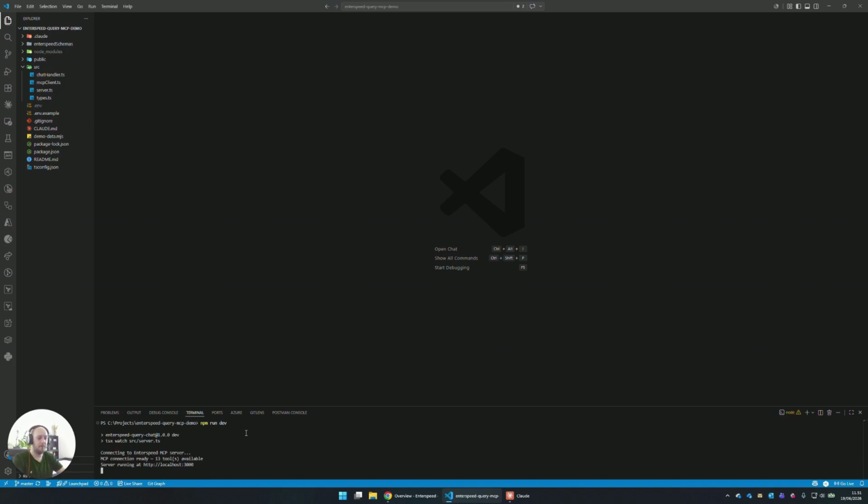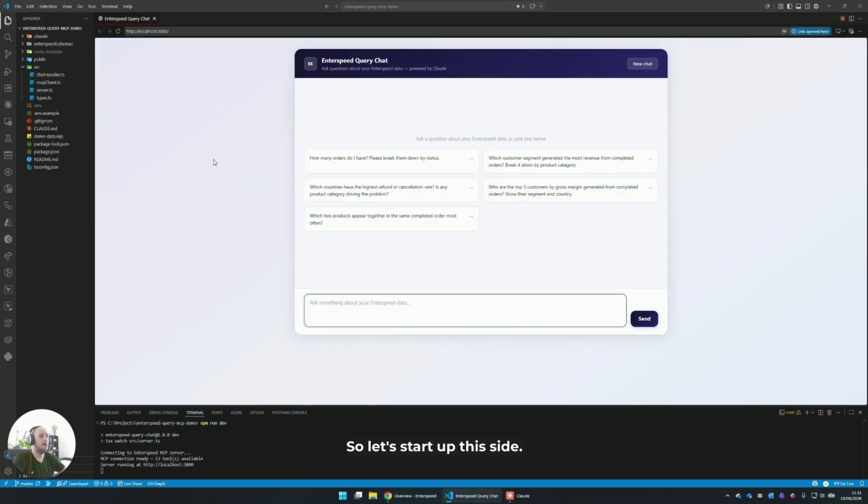so we can have a look at it. So it's starting up. We can see that it is connected and it has found 13 tools that are available, and the server is now running here. So let's start up this side. So here I built a chat application, you can call it,